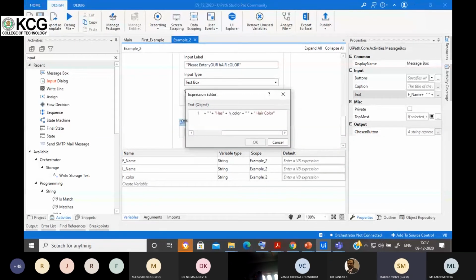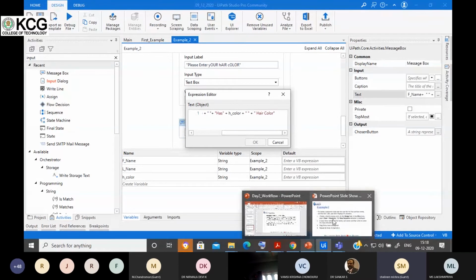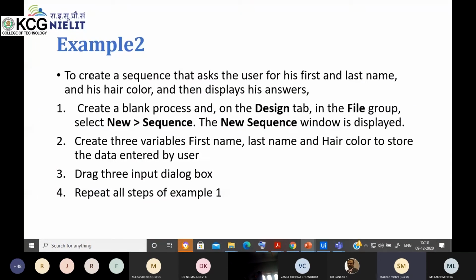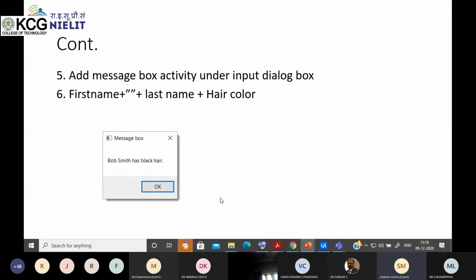Okay, so this is how you can create this type of activities. So this activity is completed, like create a sequence that asks the user for his first and last name, and his hair color. So this we have completed by using three input dialog box activities and one message box activity.